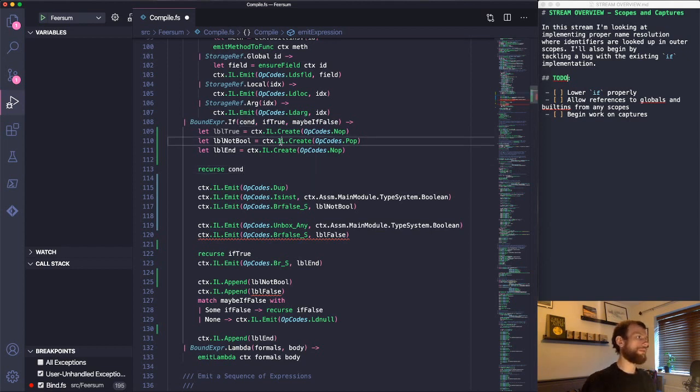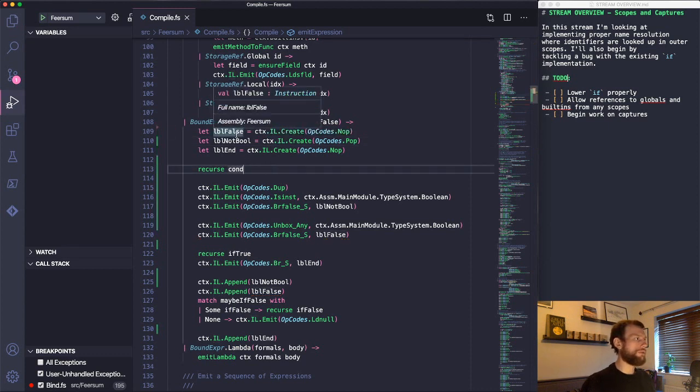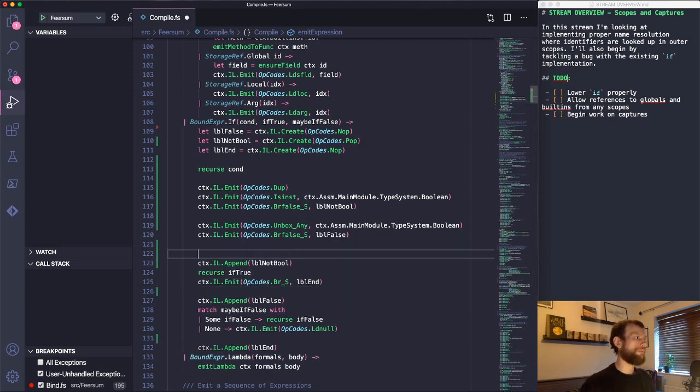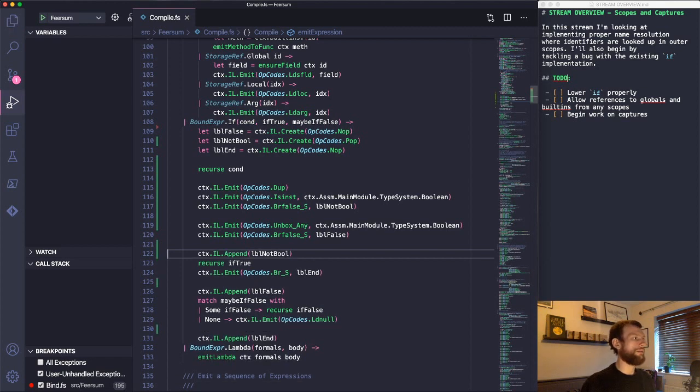no, we don't need to flip that. We can just move our not bool up here. So if it isn't a bool, it's truthy. And if it was a bool, we'll fall through. It should still work. Try to work out whether or not that's more jumping, but I don't think it's really any worse. Oh, no, we can't do that, because